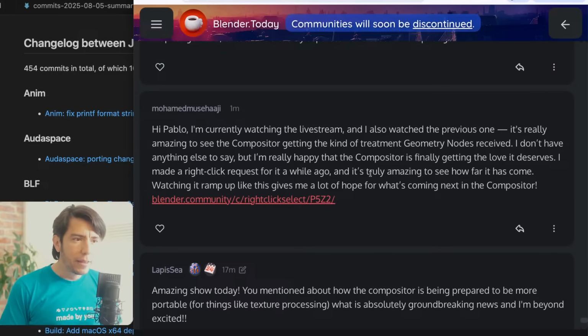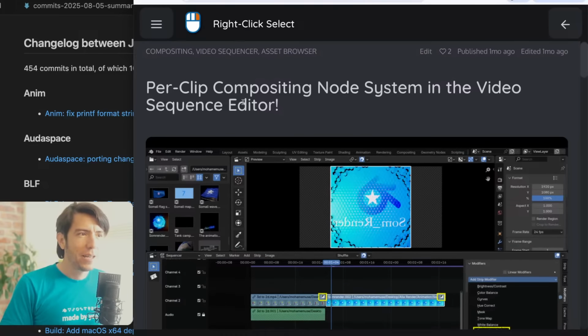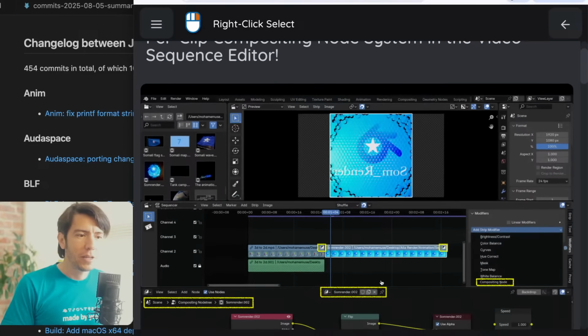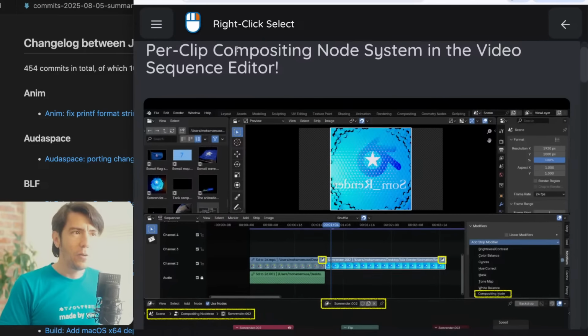Watching it ramp up like this gives me a lot of hope for what's coming on the Compositor. And then a feature request: per clip compositing node system in the video sequence editor. Oh yeah, it's basically this. So assets,